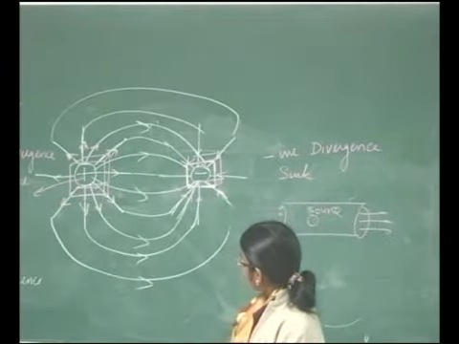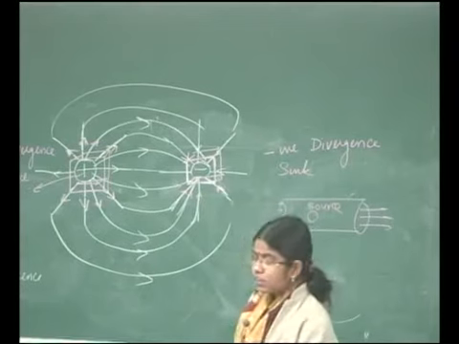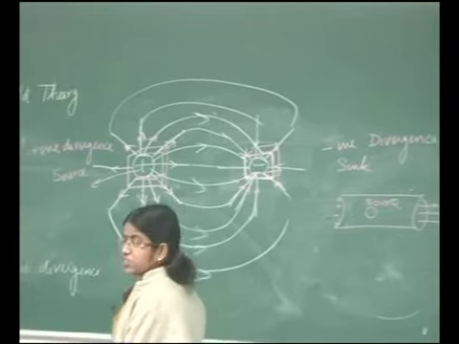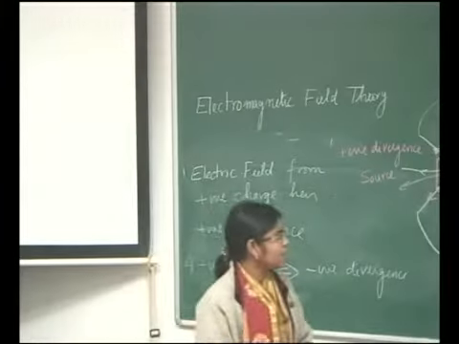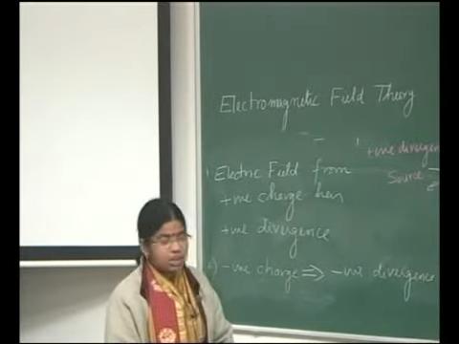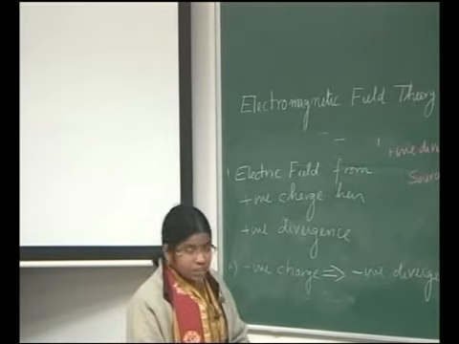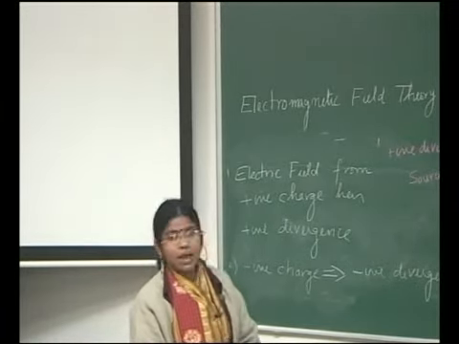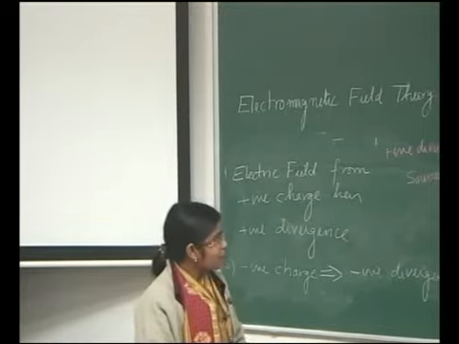But now we have another important quantity which sits there in the Maxwell's equation, and it is curl. So we all know curl is the measure of rotation. Curl is a measure of rotation. So now the question is, what do we mean by rotation? So if I take the same case,